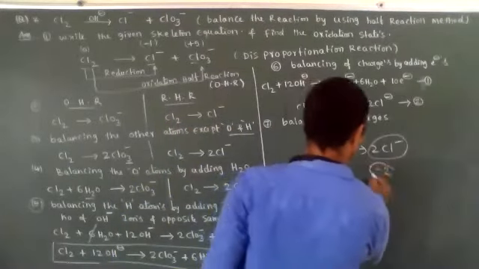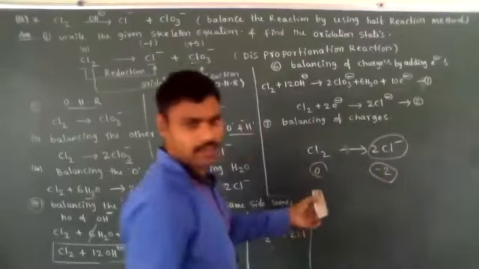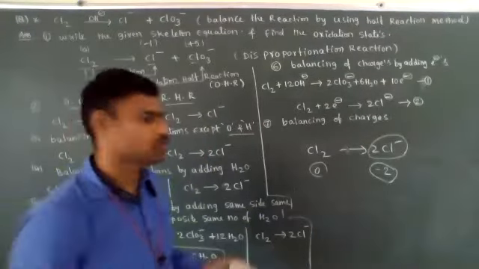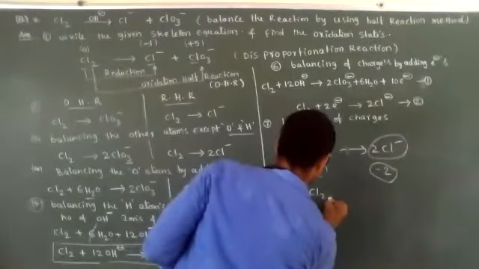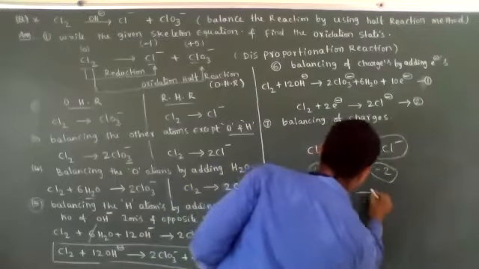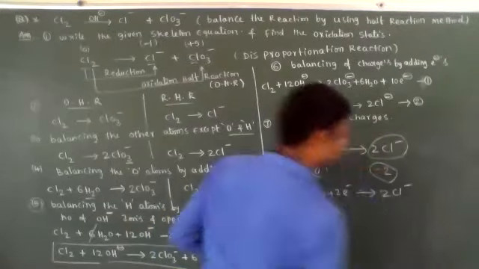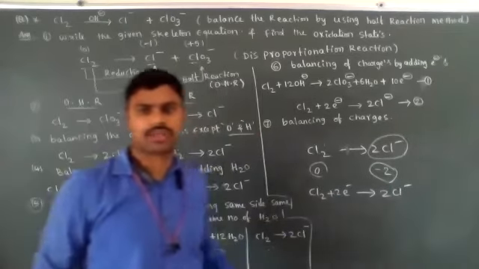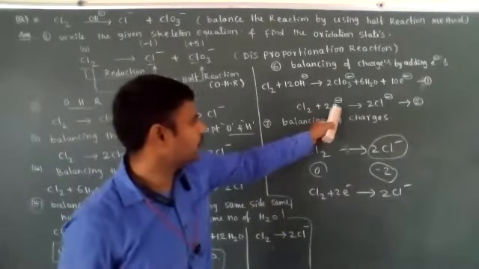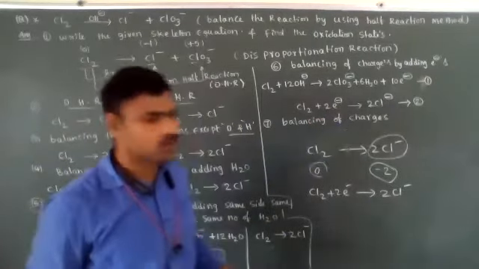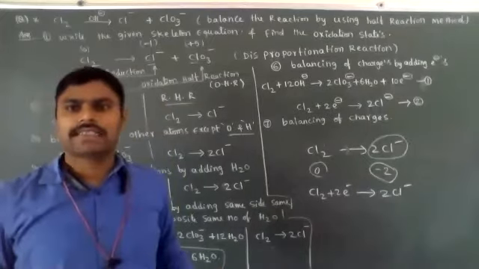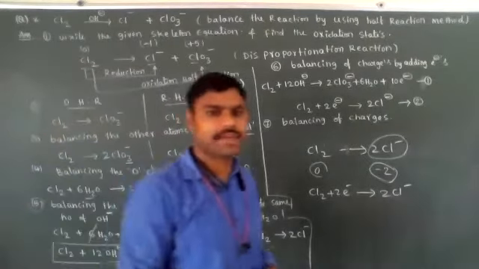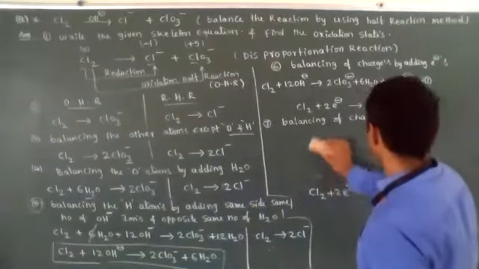So here minus 2 charge is present and here 0 is present. When the 0 becomes minus 2 by the addition of 2 electrons, Cl2 plus 2 electrons is converted into 2Cl minus. Now here minus 2 charge and here also minus 2 charge is present. That's why Cl2 plus 2 electrons is converted into 2Cl minus. Now charges are balanced. The next step is balancing of